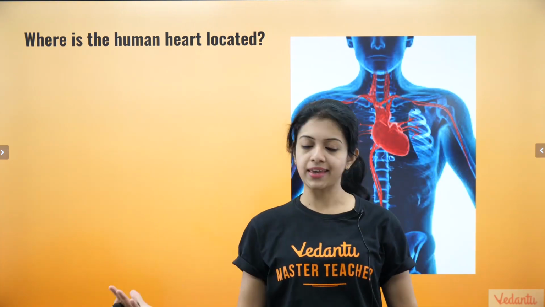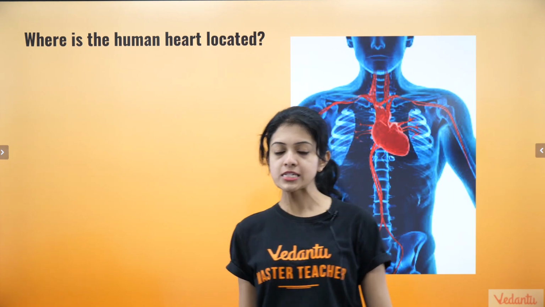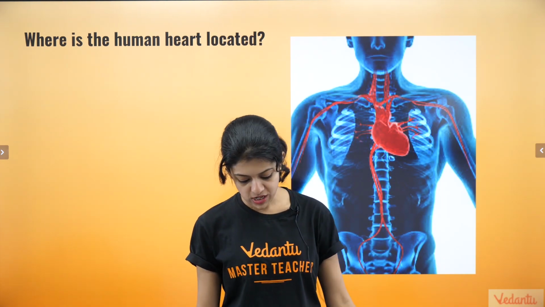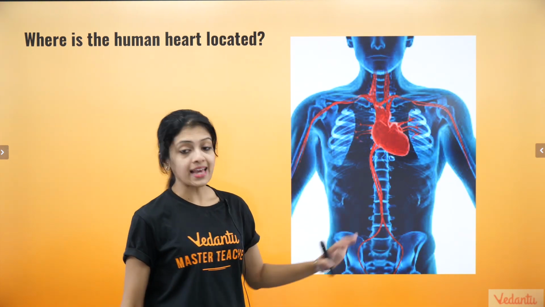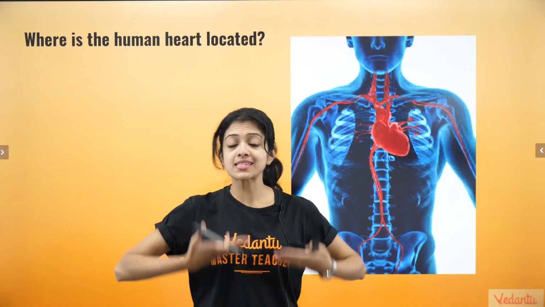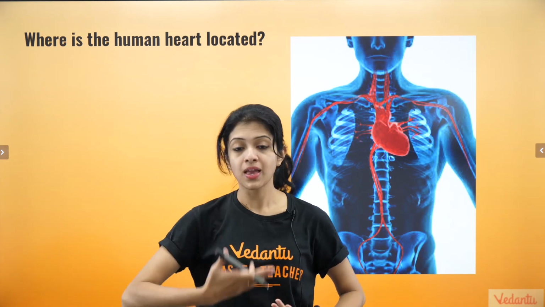Okay, let's get started. First of all, where is the human heart located? Of course, you are all smarties. You are all 15-year-olds. All of you know where the human heart is. Yes, as you can see, you find it in the thoracic cavity. The thoracic cavity is the part of our body that is above the diaphragm. And what is below that is the abdominal cavity.